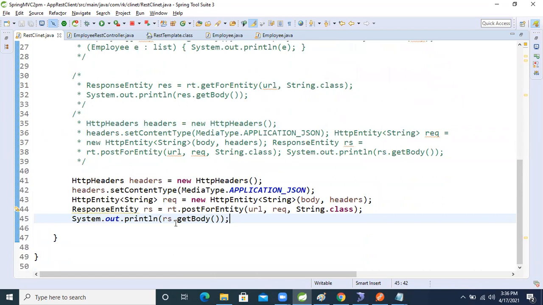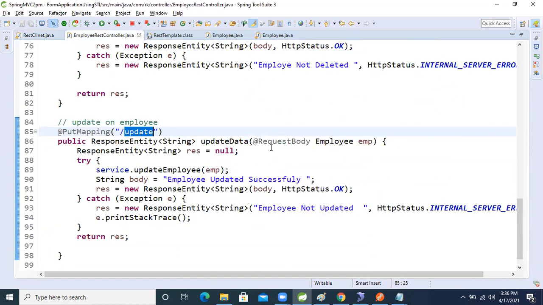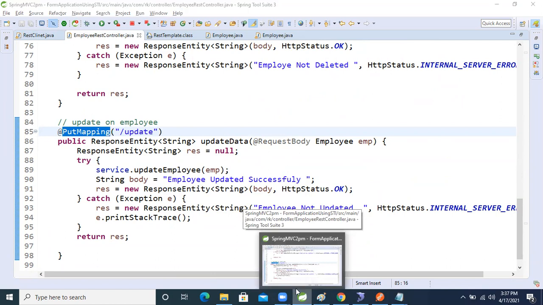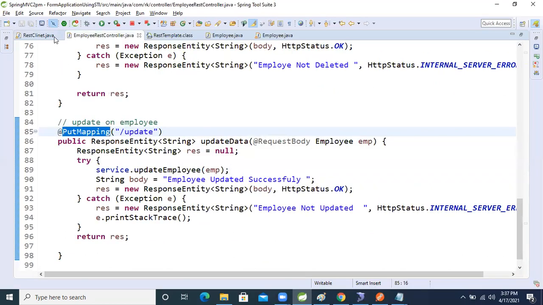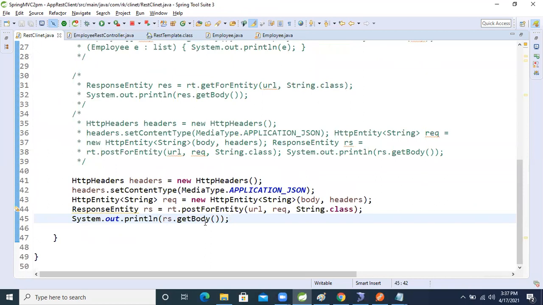Okay, so for that come here. Here, come into our REST controller. Updation. We need to update our object, right? So for that update, we are using PutMapping, right? Same like, the put method is also there in the REST. Come here, come into the client. Instead of this, just call this one.